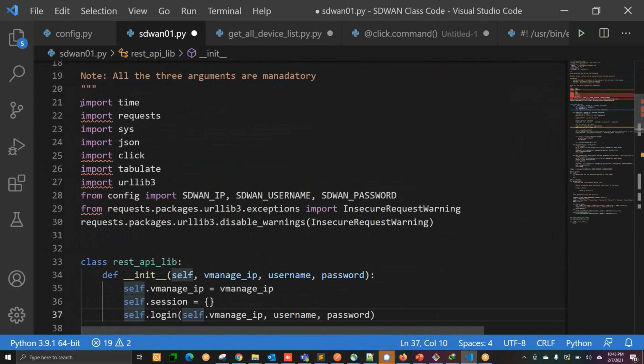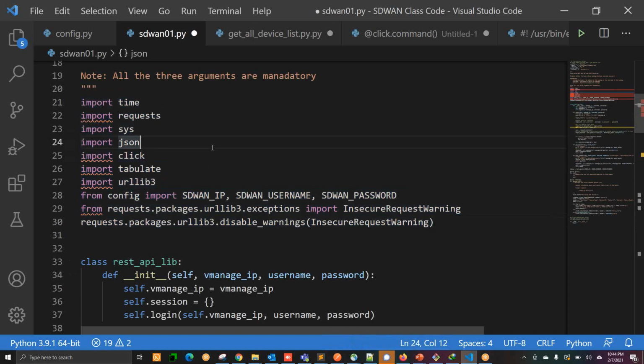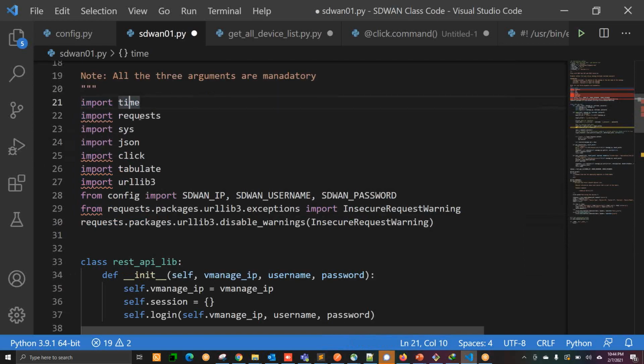Now, this particular section is very important. Why are we using Python or any other programming language, you know, the reason behind this? The main reason is that you have so many inbuilt code that you can import from anywhere. So once you have Python library up and running, you don't need to write a separate time related code. You don't need to write a separate request related code. You can go and call these things.